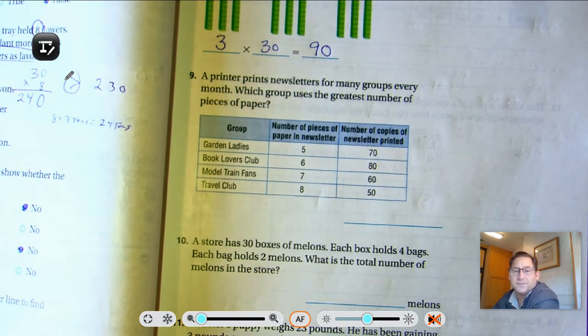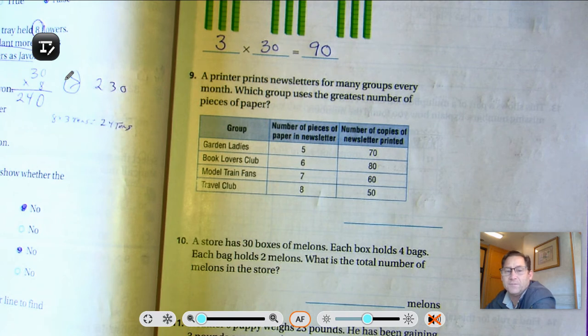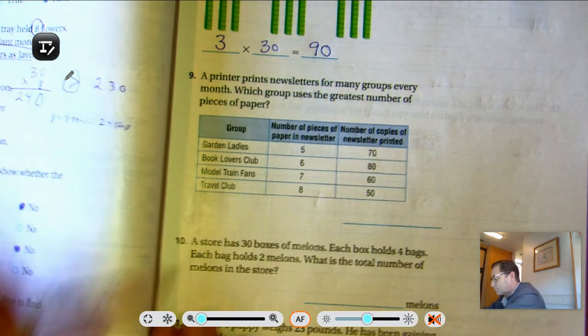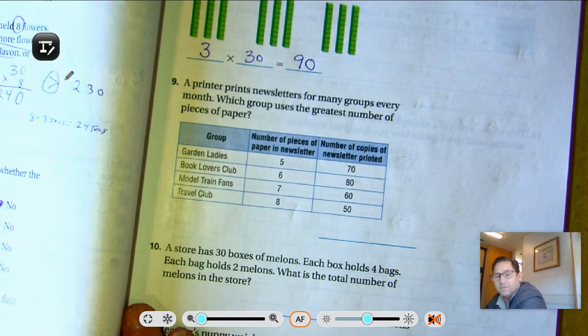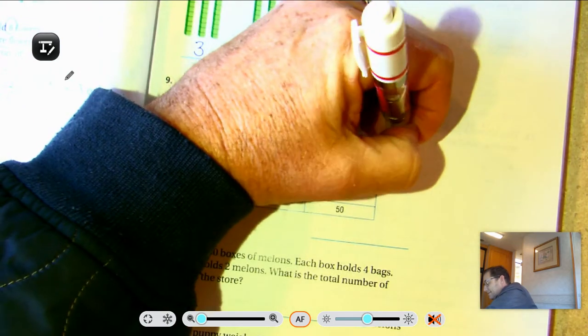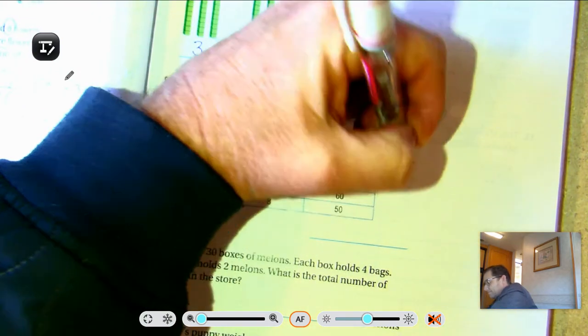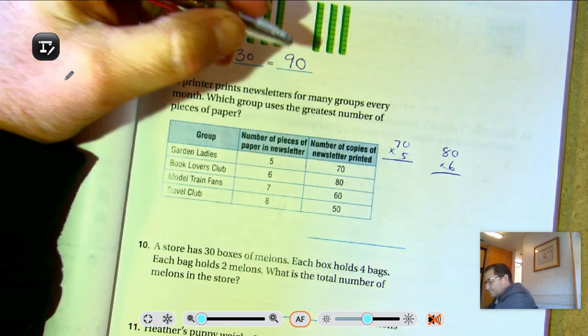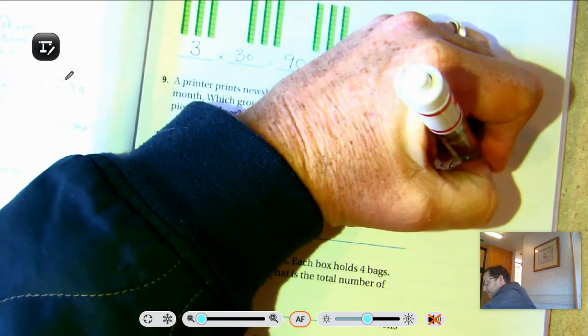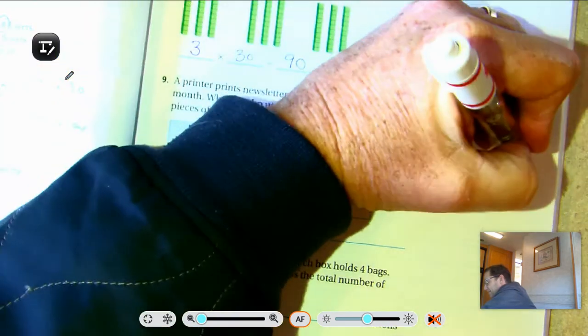A printer prints newsletters for many groups every month. Which group uses the greatest number of pieces of paper? So we have 4 multiplication problems here that we need to solve. We have 70 times 5. We have 80 times 6. 60 times 7. And 50